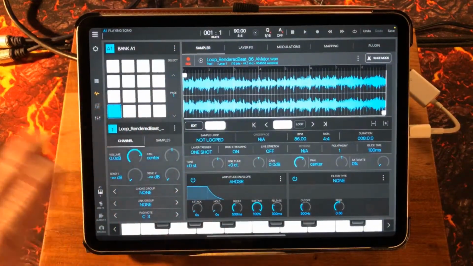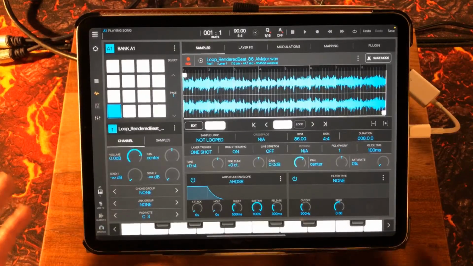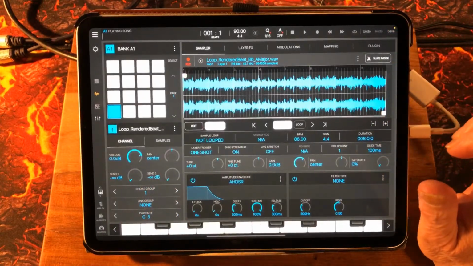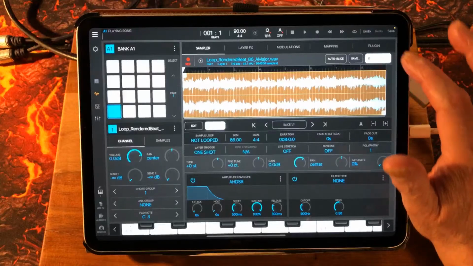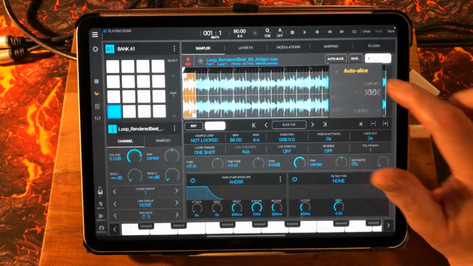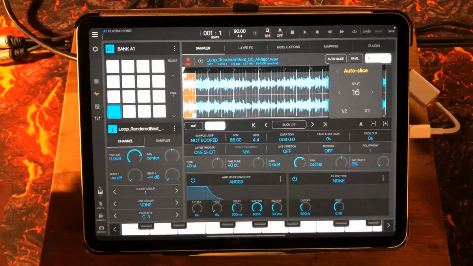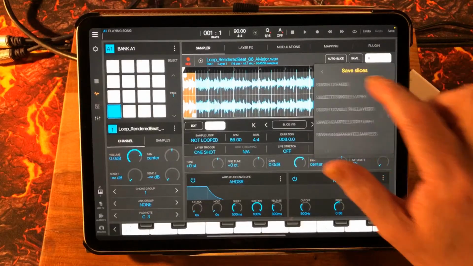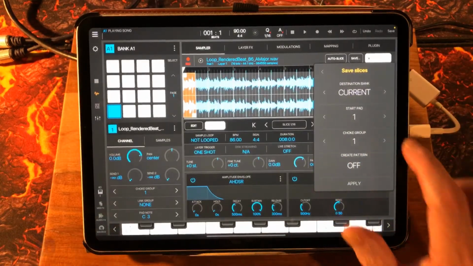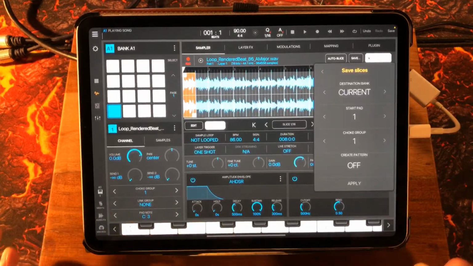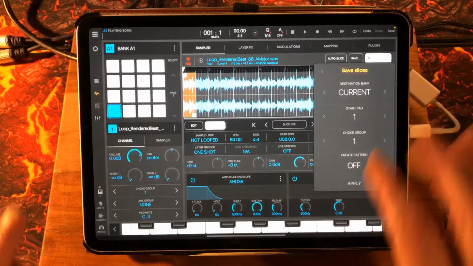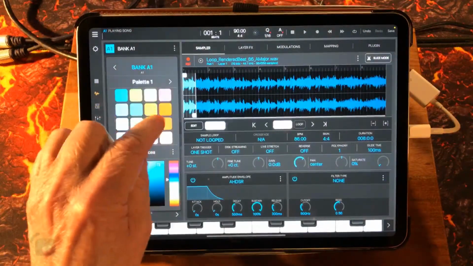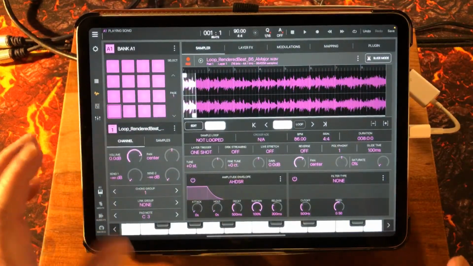I'm going to put this across all the pads. So I just need to do a couple of things. I'll set that show group to 1 and also go into slice mode here. I'm going to auto slice it to 16, so it's across the 16 pads. Okay, I'm going to save slice to pads. I'm going to set the choke group the same as that one, so each one will cut itself off. Create pattern is off, don't worry about that. Start pad 1, apply, and now let me change the color as well. I don't like that color. Just make it a nice purple color. And now we should have our